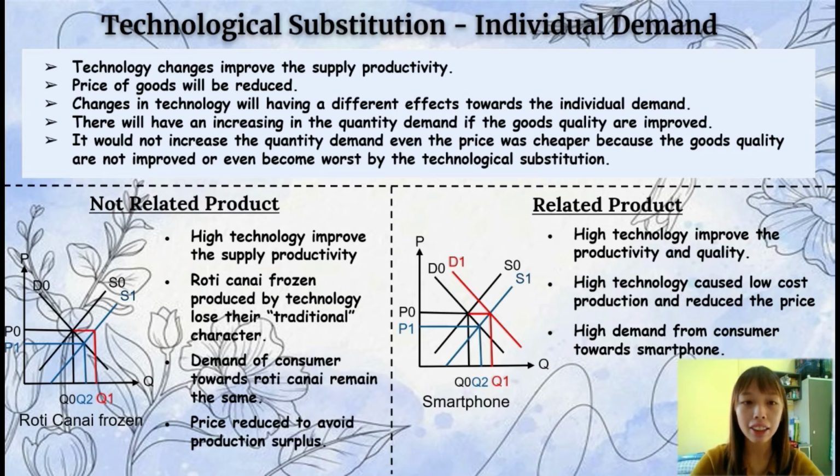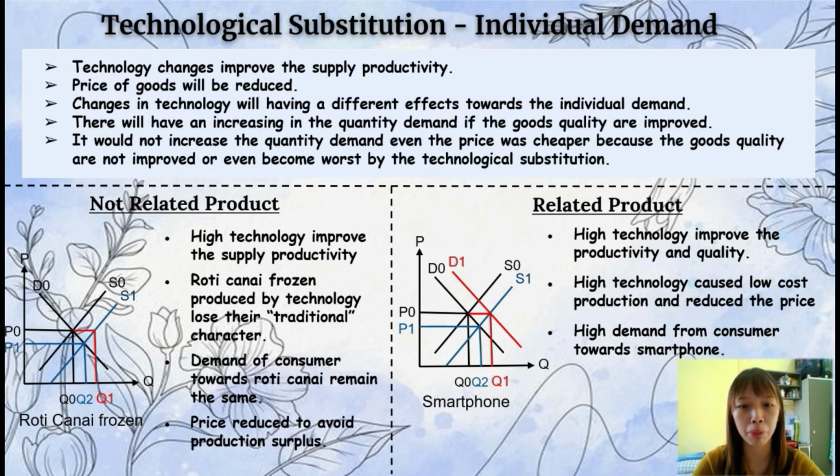On the other side, a not related product means a product that is not related to technology, such as the example I'm using, frozen roti canai. When a firm decides to produce frozen roti canai using technology, the consumer may not increase the demand for it because the technological substitution for the production of frozen roti canai will lose its traditional character. So even though the price of frozen roti canai produced by technology is cheaper than the traditional roti